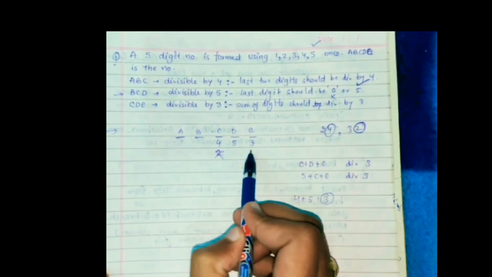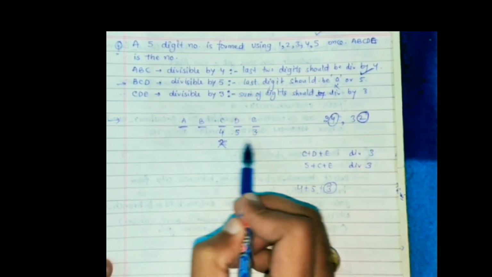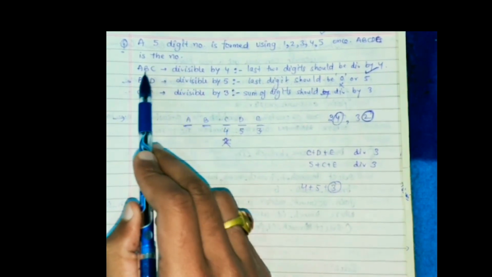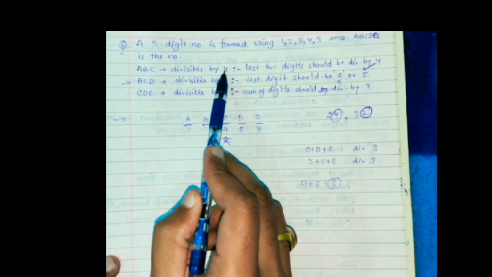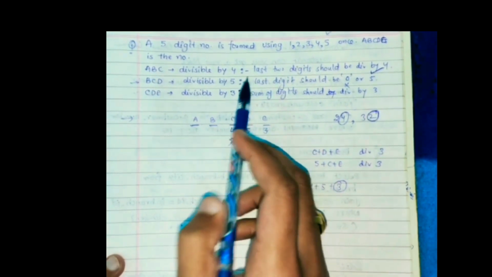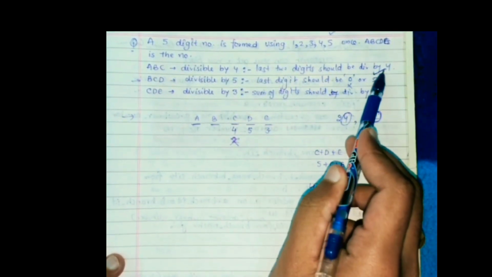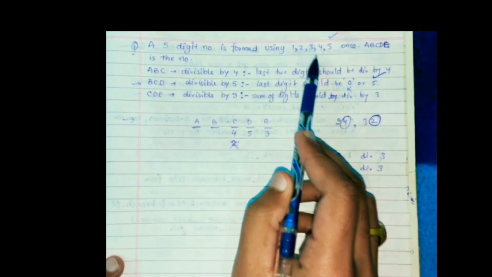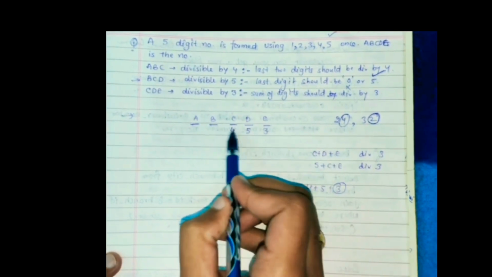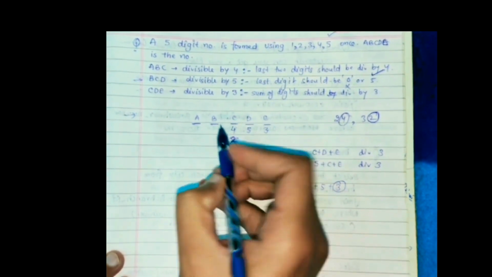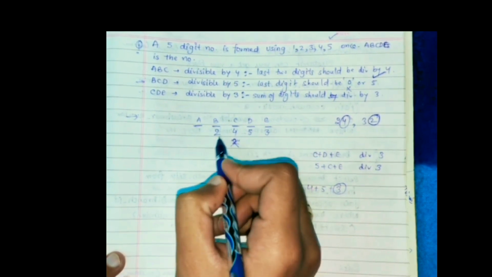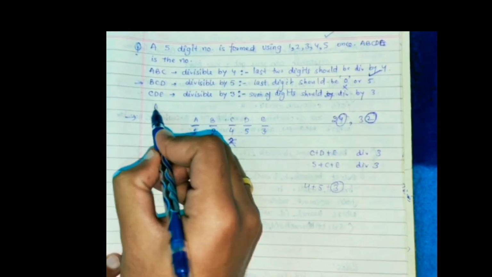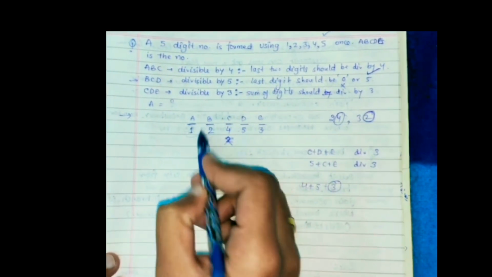So we have got 3 digits, C, D, E. Now let us take a look at AB. We'll again go to the first condition, A, B, C. It says it is divisible by 4, and the divisibility rule says that the last two digits B, C should be a multiple of 4. 24 was our number, B, C, which is a multiple of 4. In place of B we'll write 2, and the left digit is 1. So this question basically asks the value of A. So here we got the value of A as 1.